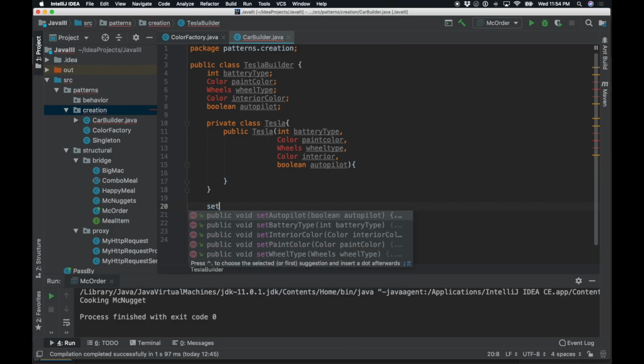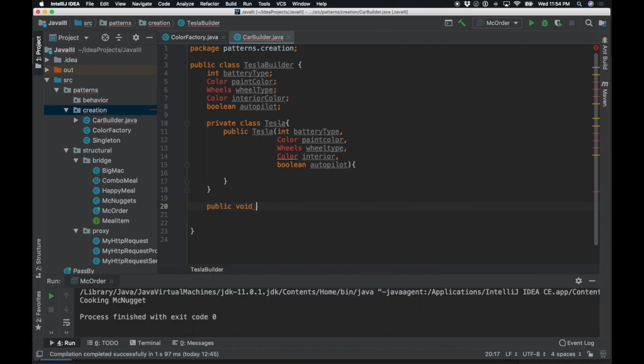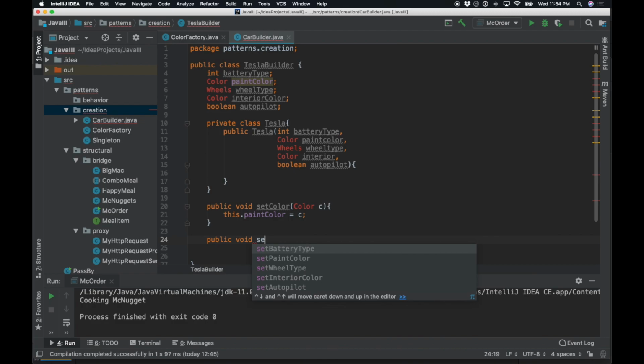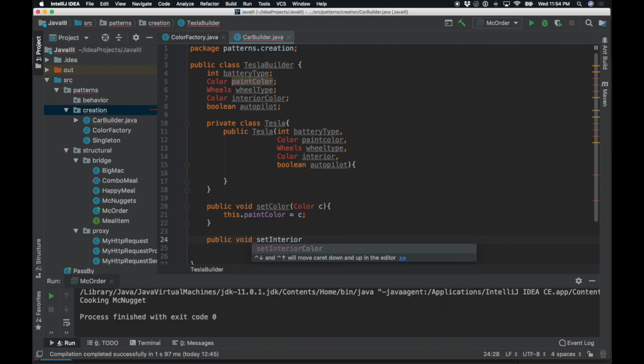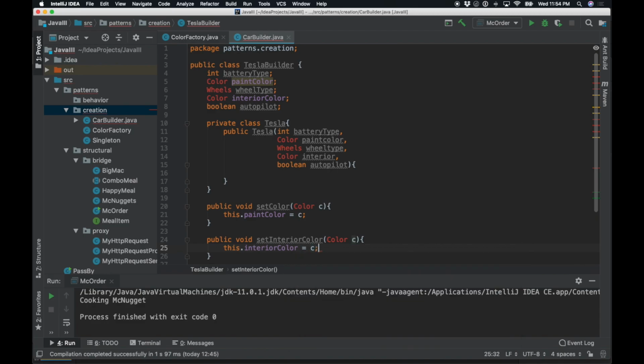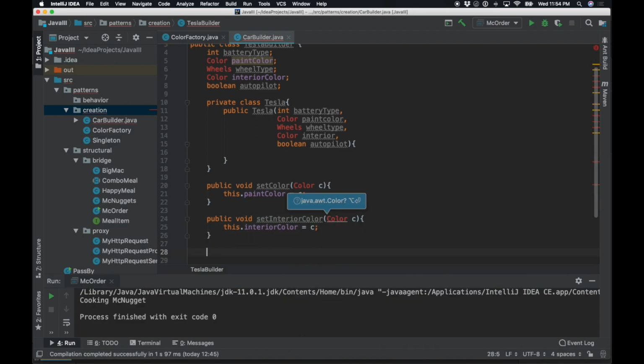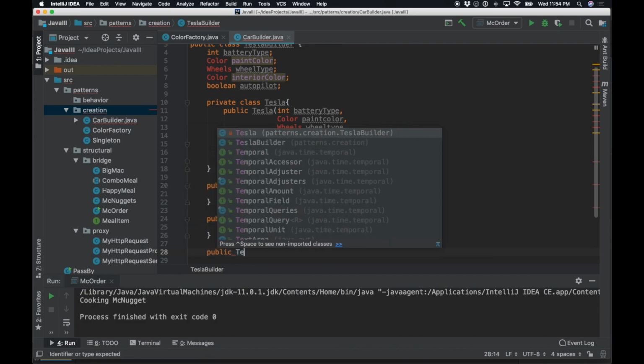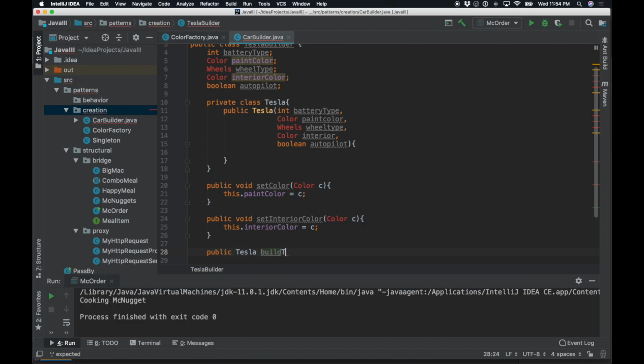Set public void set color, and then we do color C, and then this dot paint color equals C, and then public void set interior color C, and then let's do this dot interior color equals C, and so on. And then at one moment you would do something like public Tesla build Tesla,